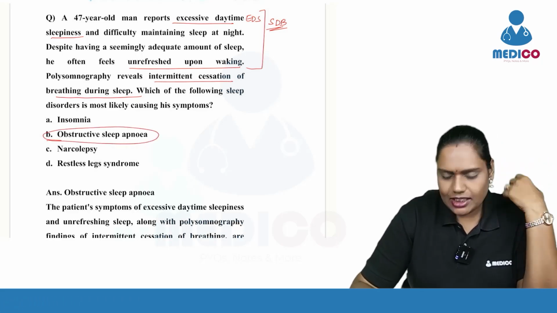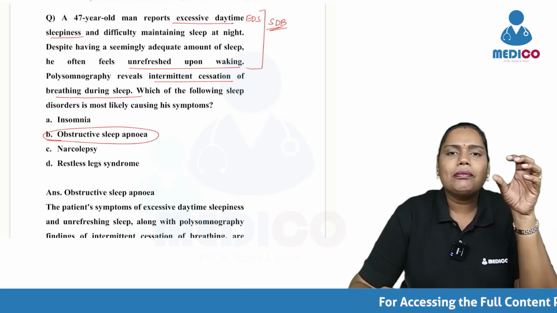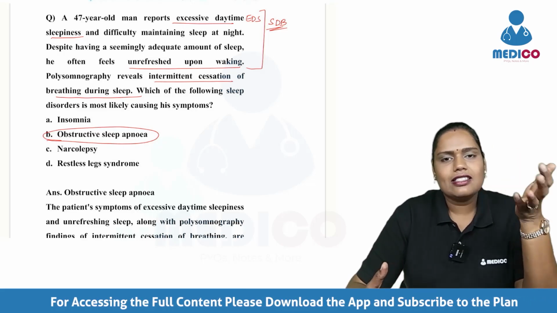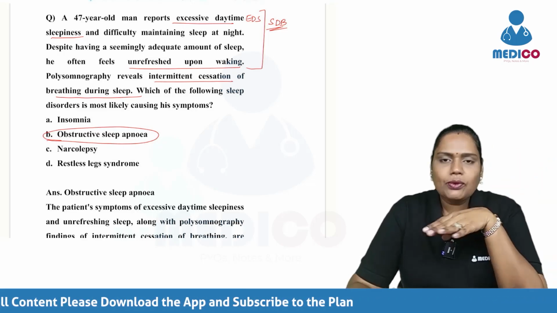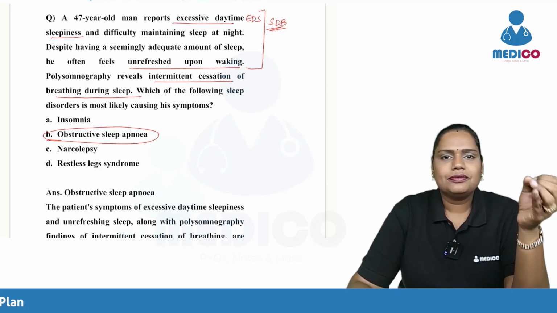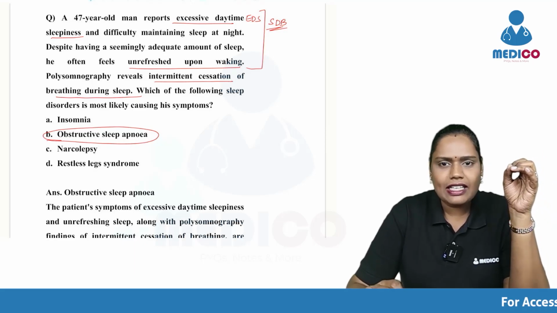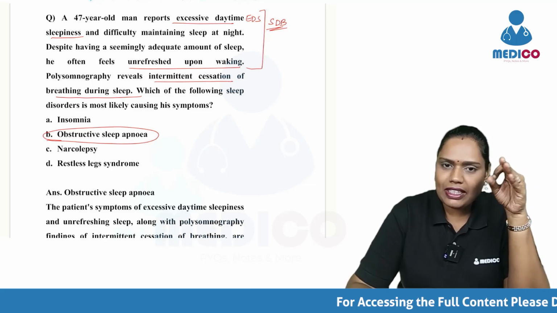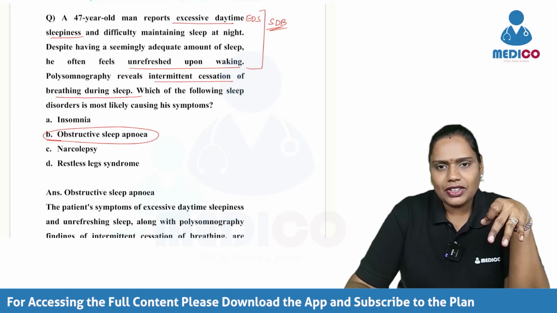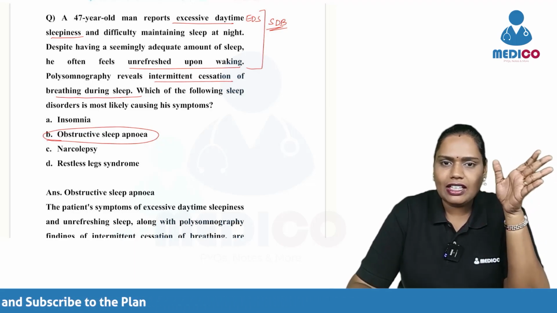Now let us see a little bit about obstructive sleep apnea. When you have the description of the patient, sleep apnea is a disease which can be confirmed with the clinical signs and symptoms of the patient itself. So, what are the classical presentations of a patient with obstructive sleep apnea? Obesity, excessive daytime sleepiness, a very cardinal feature of OSA. Because of the multiple apneic episodes that happen during the night, the patient will have micro arousals.